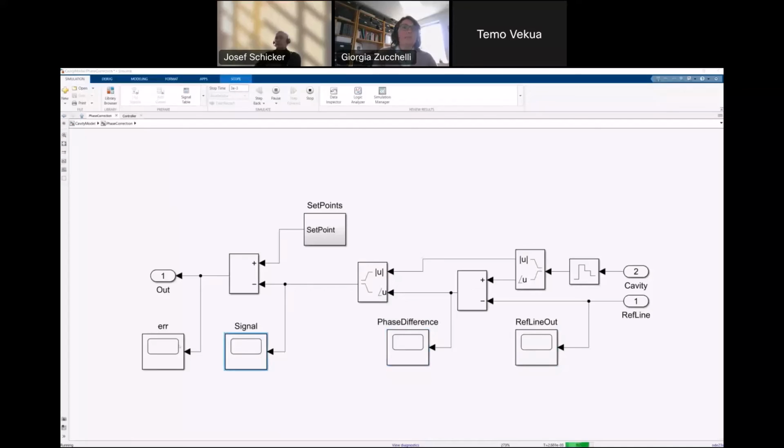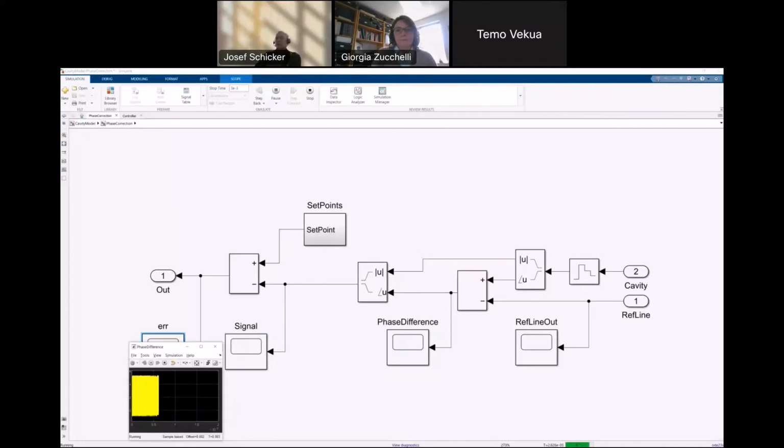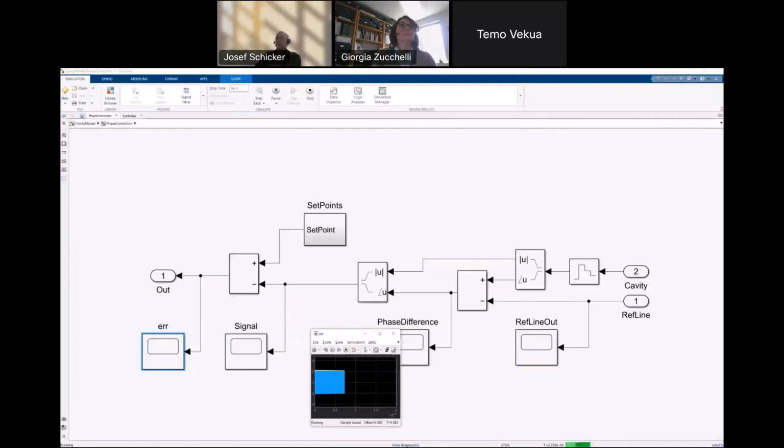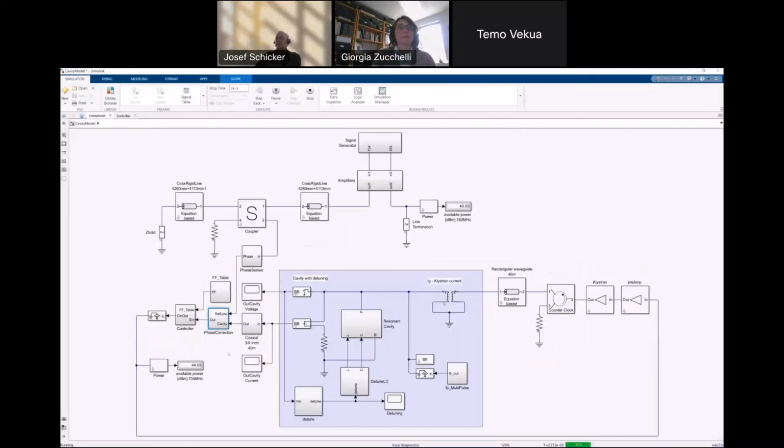I'm opening them up, but they are coming up on the other screen, so bear with me as I drag a few of them here, just to give you an idea of the type of results and insights that you can get throughout your simulation.